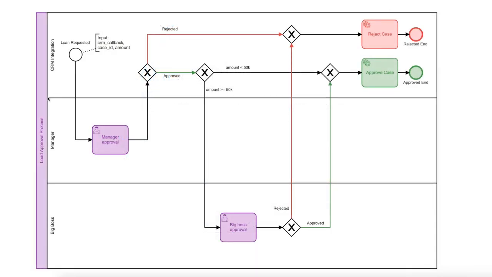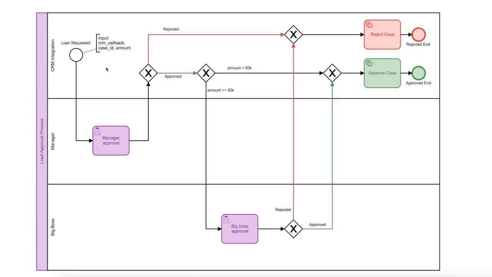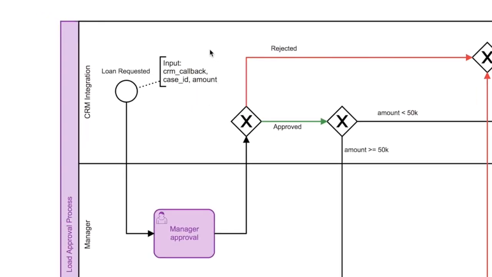Here's the approval process that was designed using a third-party BPMN 2.0 editor and is being run inside the ProcessMaker IO workflow engine. The process will start whenever a new loan request is created in the CRM. This is done via a webhook, and here you can see the additional parameters passed on to initiate a case. A callback from ProcessMaker IO to the CRM is used to change the loan status. The case ID is used to match the appropriate case, and the variable amount is the amount of money being